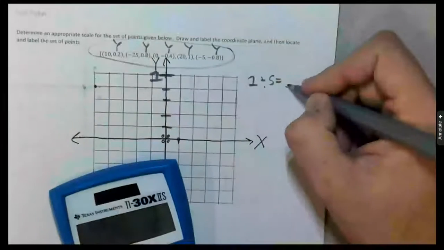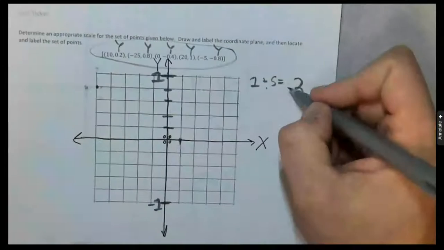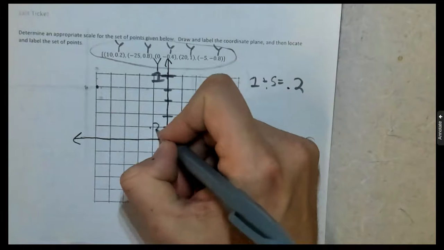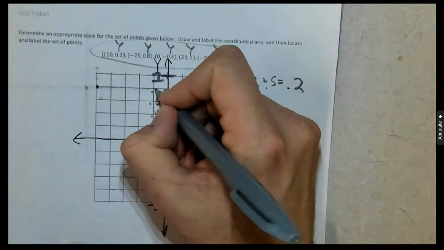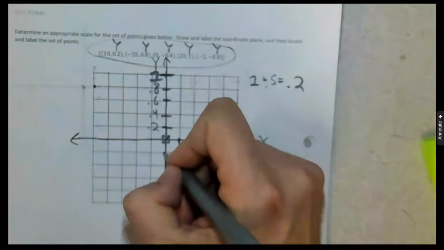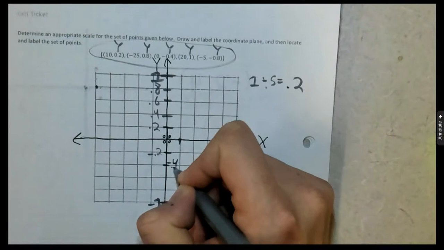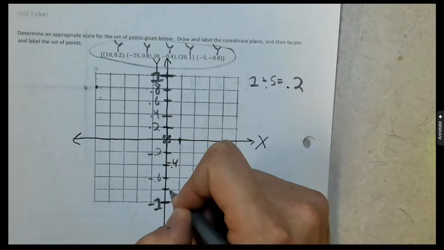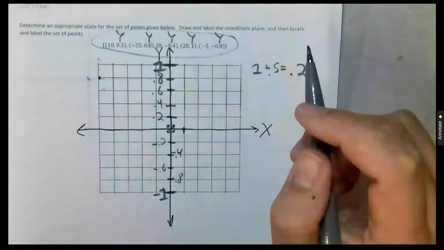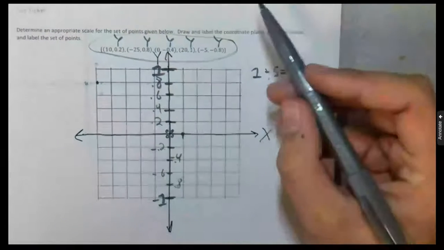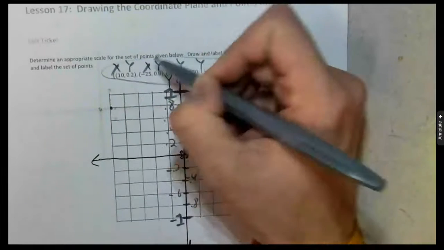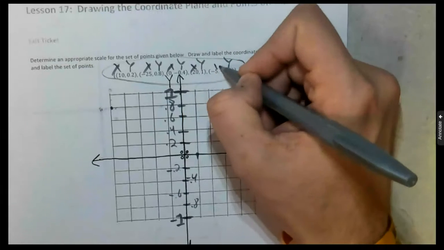So our tick marks are going up and down by 0.2. So 0.2, 0.4, 0.6, 0.8, -0.2, -0.4,